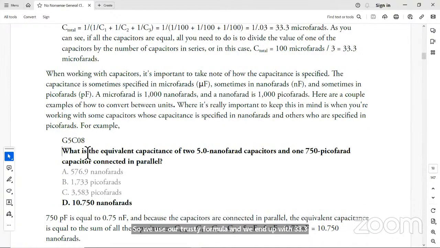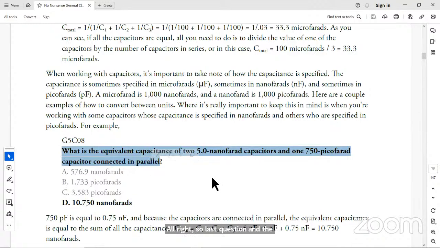All right, so last question in the question pool to match the theory that we covered. Again, students, we are covering every single question in the question pool during the course. So by the time you're finished, there will not be a single question that you have not looked at in some level of detail, and you should be quite familiar with each of the questions. So there should be no surprises in the exam. You should be relatively comfortable to know that you would have no unseen questions. You would have dealt with all of them, and it's just a matter of familiarizing yourself and going after it, right? So last question, what is the equivalent capacitance of two 5.0 nanofarad capacitors and one 750 picofarad capacitor connected